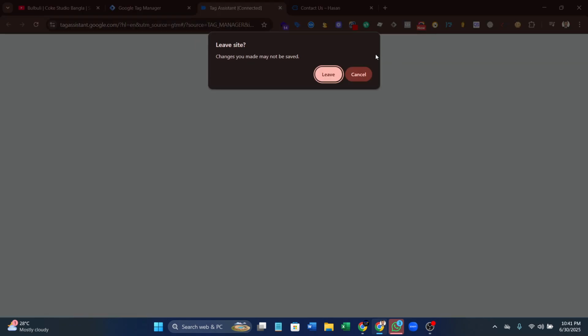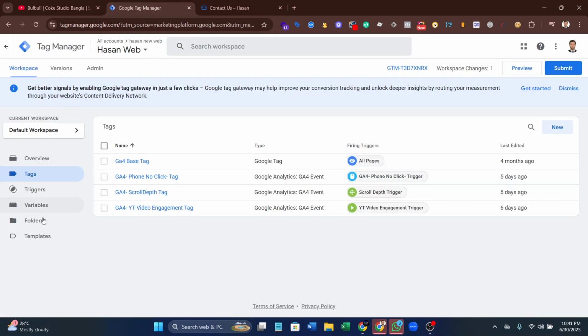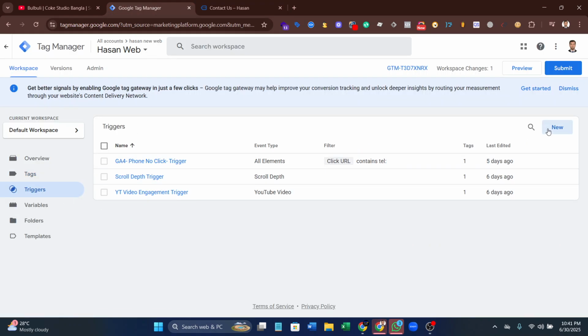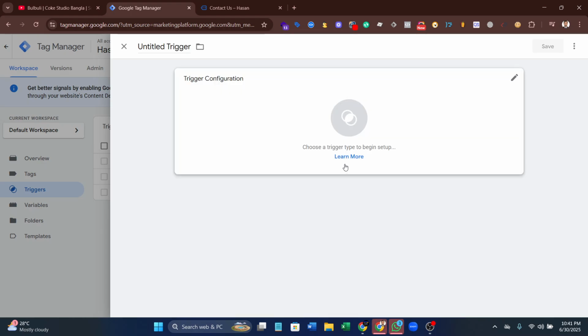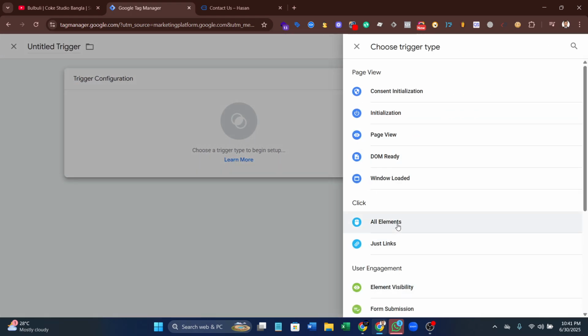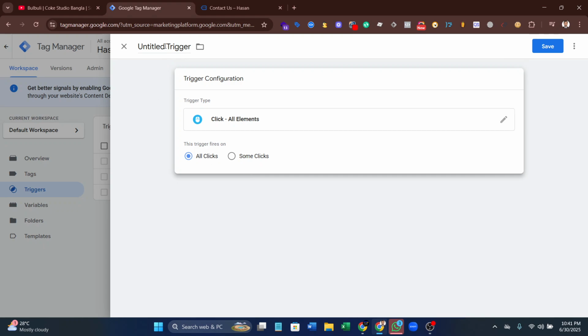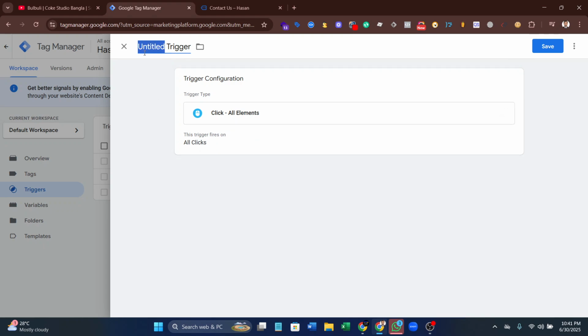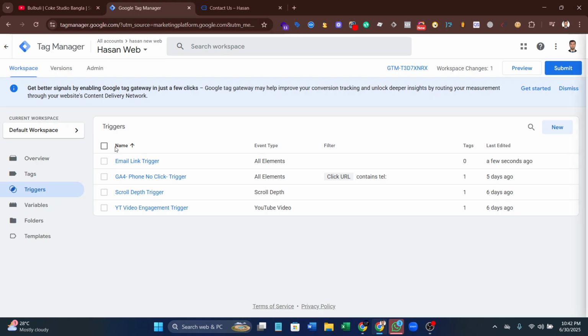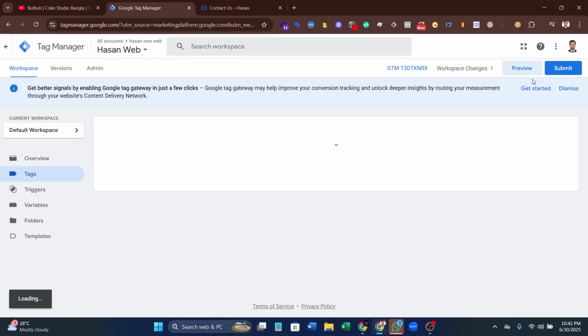First, go to the trigger section and create a new trigger. Just select click all elements, and name it email link trigger. Now go to the preview